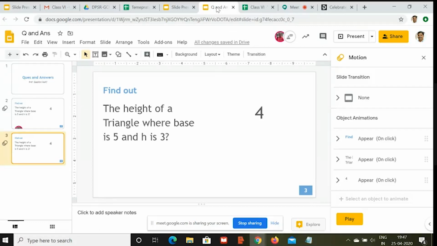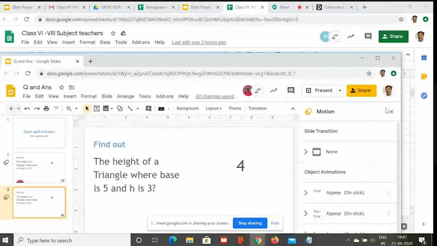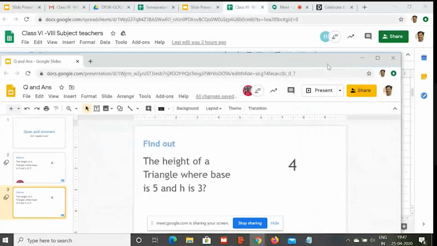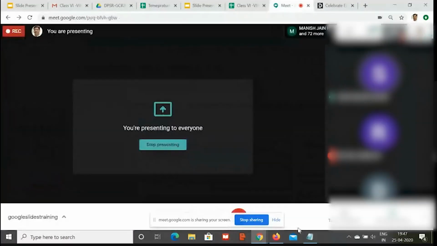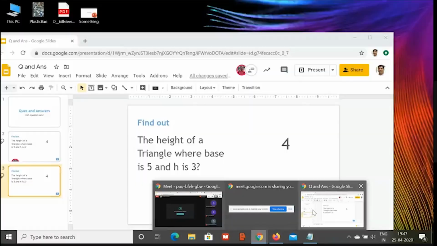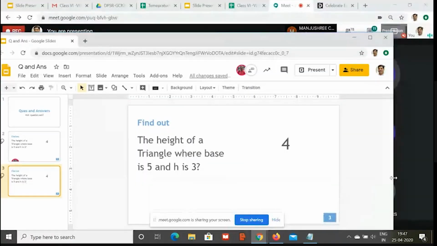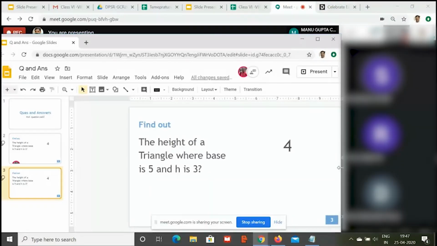You can see my screen. I am just dragging this window out. So this is my separate Chrome. This is what you are talking about. Okay, I can decrease the size of this. Fine, I can decrease the size of this, and I can keep my Meet along with it. But this is not going to allow me to present. As soon as I click on present, it will come on the full screen. At present, it is a different mode.